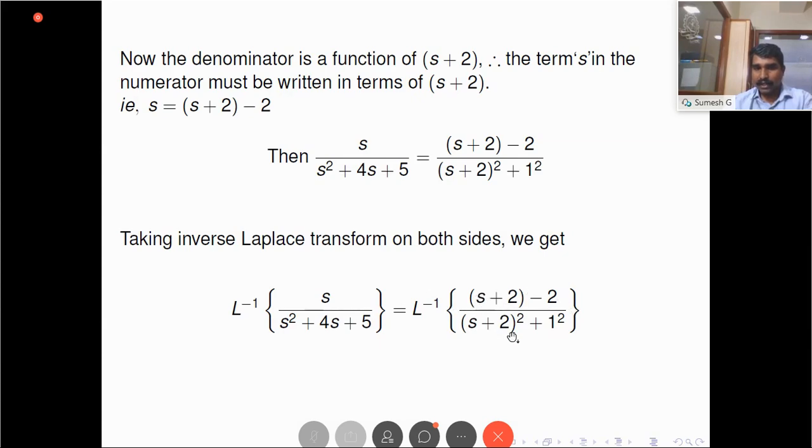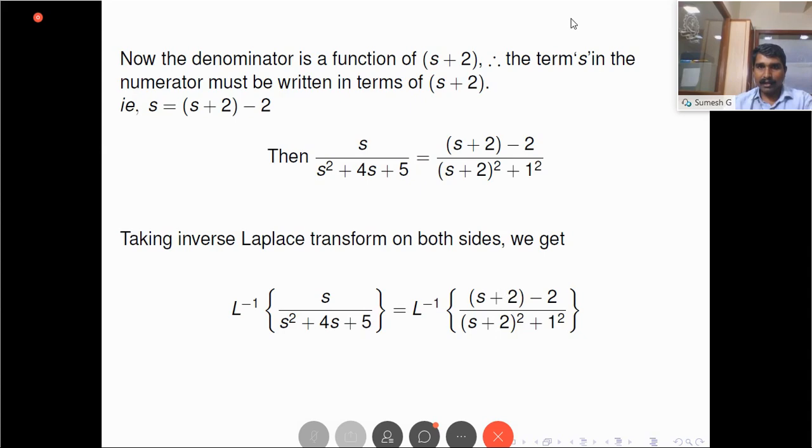RHS totally is a function of s plus 2, or it is generally of the form f of s plus a. To eliminate the effect of plus a, we have to multiply by e raised to minus at. In this case, this expression is function of s plus 2. So to eliminate the effect of this plus 2,